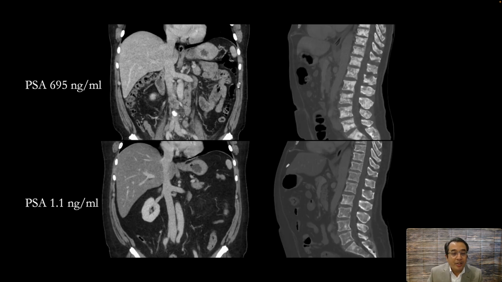Here's our next patient diagnosed with prostate cancer. At the time of staging, I'm showing 2 CT scans, the coronal and the sagittal images showing retroperitoneal metastatic lymphadenopathy and extensive osteoblastic bone metastases with a PSA of close to 700. And after systemic treatment, the patient responded well. We see that the metastatic lymphadenopathy has almost completely resolved. The bone mets have gotten much better, and there is PSA response